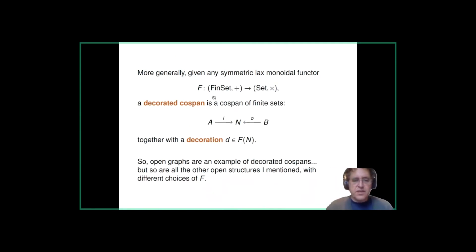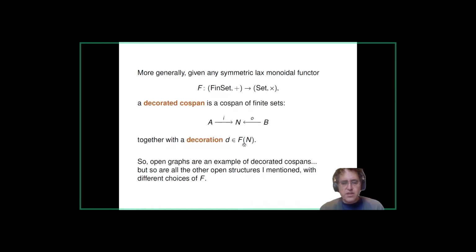So the idea is, if you give me any symmetric lax monoidal functor from the category of finite sets with disjoint union to the category of sets with Cartesian product, we could do this type of thing. I'll define a decorated cospan to be a cospan of finite sets, so just three sets A, B, and N, and two maps I and O, together with an element D of F of N, which we will call the